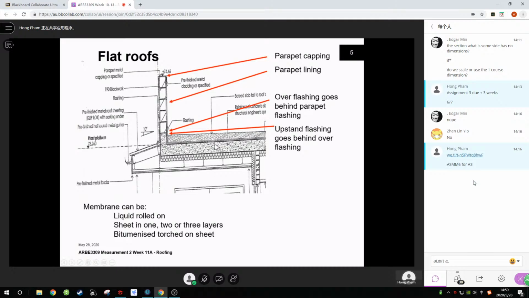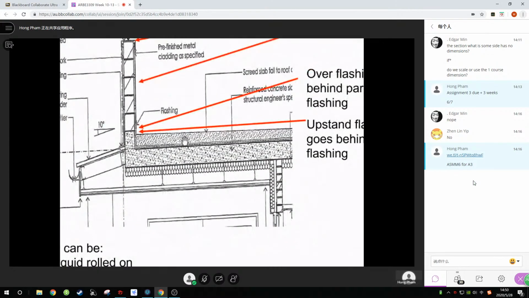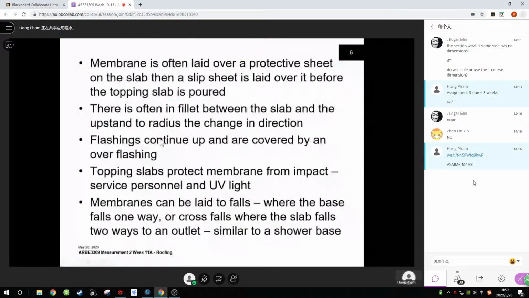Again, this system is a little bit rigid. Do you know why? Because in the case that you have any leakage over here, you don't know where it is, then you have to hack off the entire screed and redo both the membrane and the screed. All right, but in this case, a little bit more creative, whereas